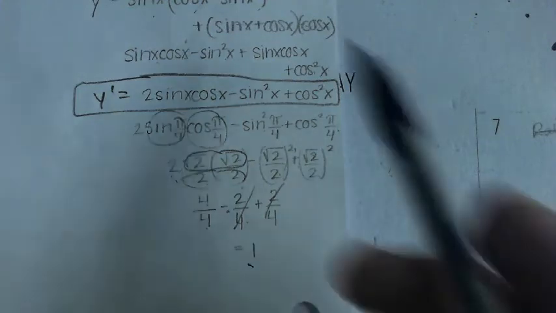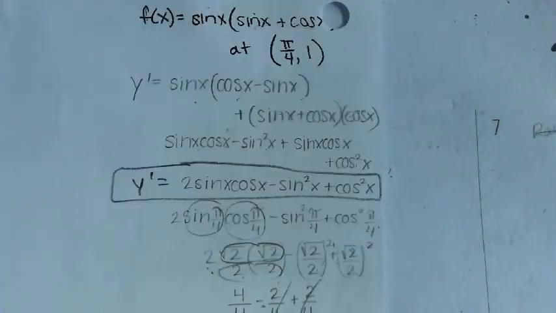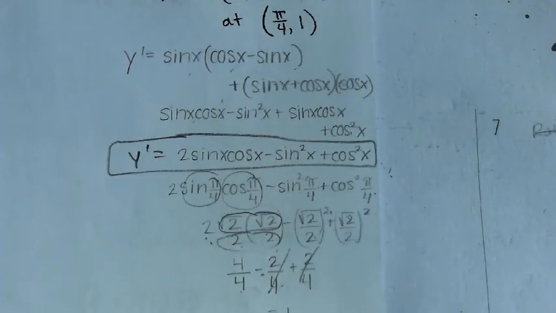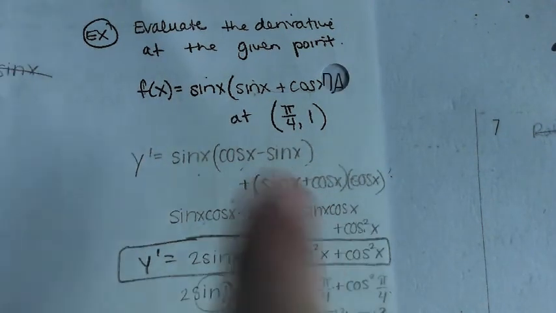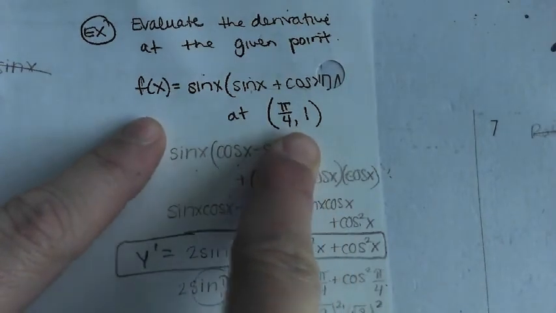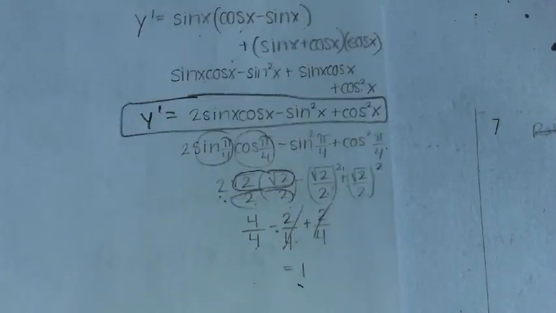So if we were to look at this function, the slope at pi over 4 is 1. Okay? I want to reconnect that to the beginning because it's easy to lose sight of what the heck it is that we're doing. We are finding the slope of this curve at pi over 4 when you're evaluating the derivative. Good. Any questions? All right, so your homework is there at the bottom, and